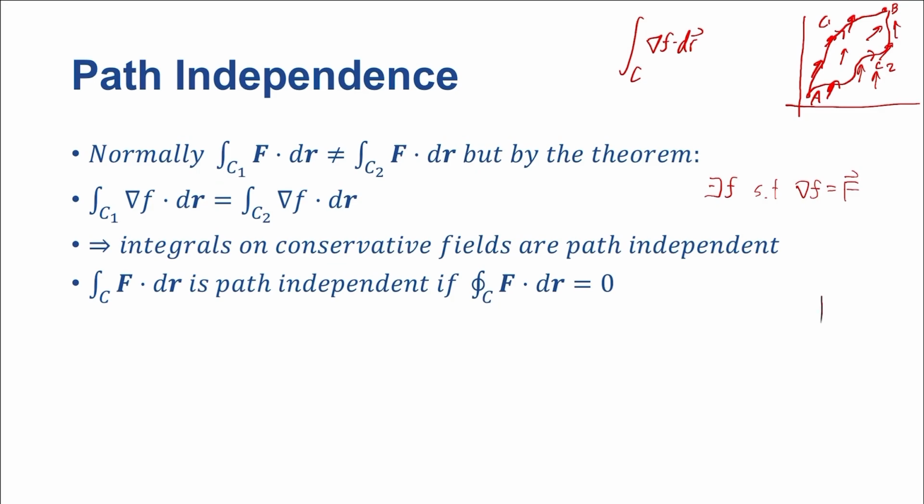So that means if I have my vector field and I'm going from A to B, and I take an integral from here, then I go back a different way, this must be 0. And it doesn't matter which closed path I take. I could take any closed path. As long as it is a closed path, I will get